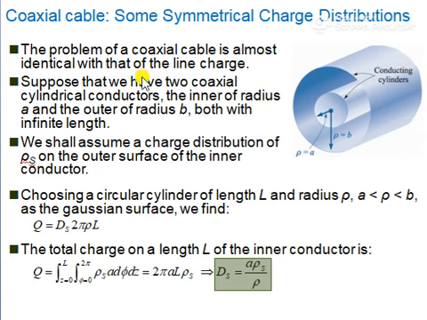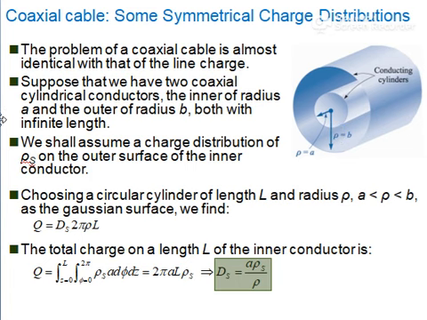So now we consider a coaxial cable, cylinder conductors forming a coaxial cable. The radius of the inner conductor is A, while the radius of the outer conductor is B. The coaxial cable is shown in the above figure. The length of the cable is L. So you can see over here, the radius of the inner cylinder is A, the radius of the outer cylinder is B, and the length is L.